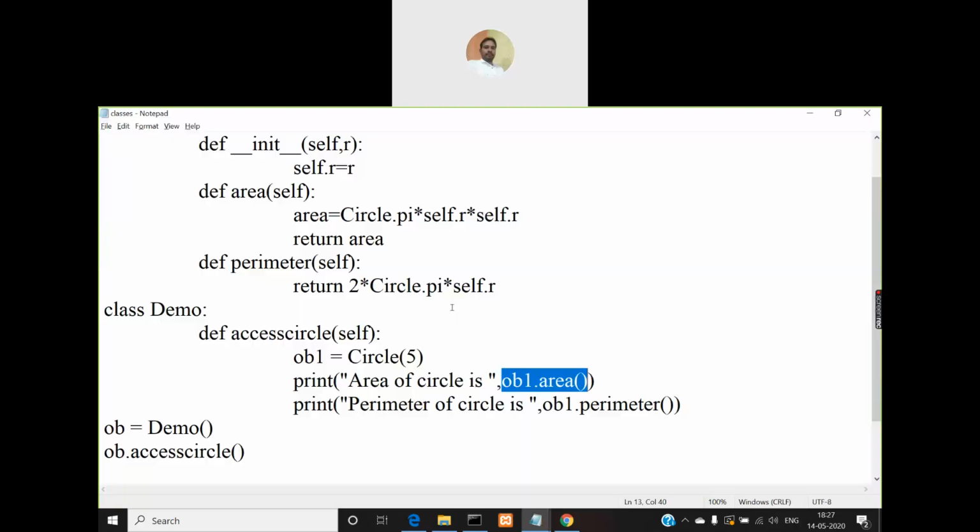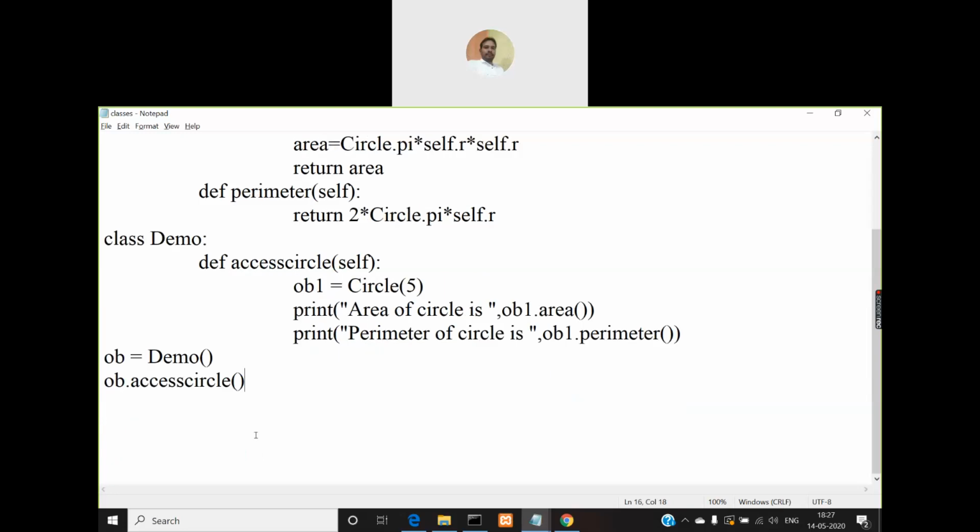So this program demonstrates how to create multiple classes and create objects for those classes. If you don't want to create the object for circle here, you can create it here also, like this.